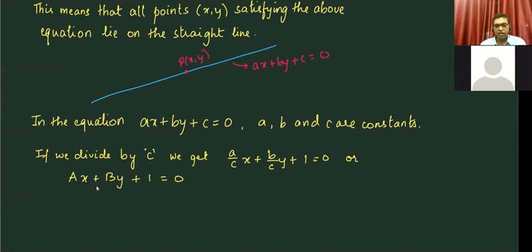Now A and B are independent constants. Here small a, small b, small c are dependent constants, because if you find two of them, the third will be in terms of the other two. Because there are two unknowns, A and B, in the converted equation, to find the equation of a straight line,